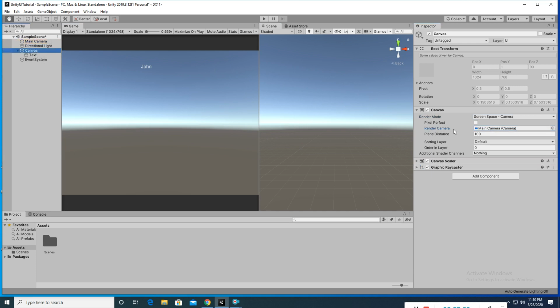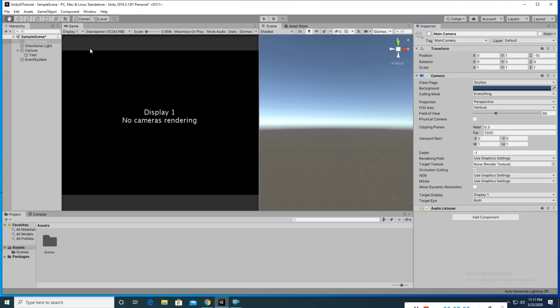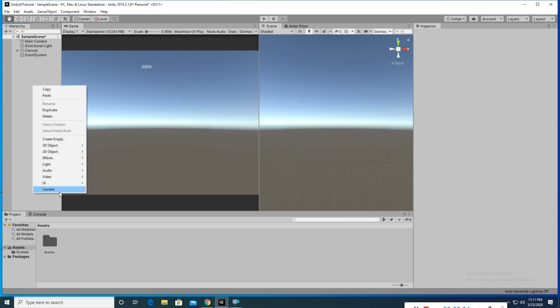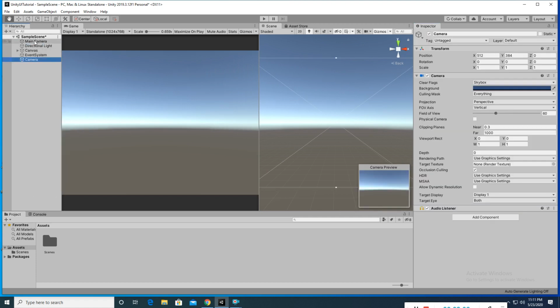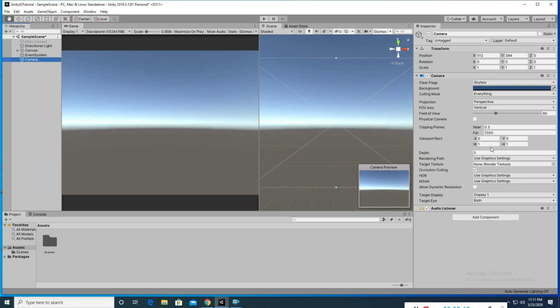When I disable this camera, you will see that this text has gone, not visible. If I have another camera in my scene and I disable it, you are still seeing the scene, there is no issue.